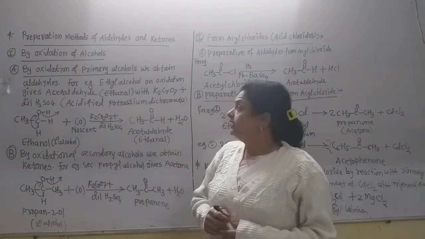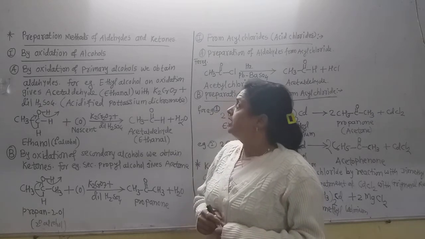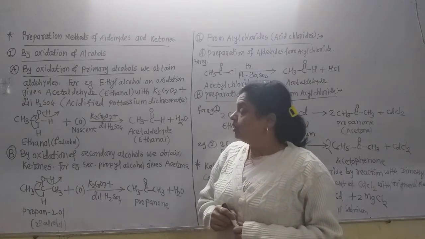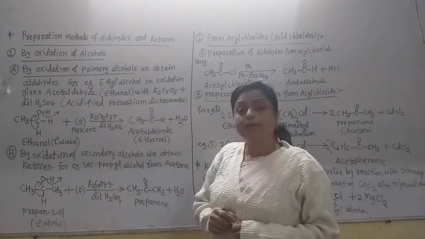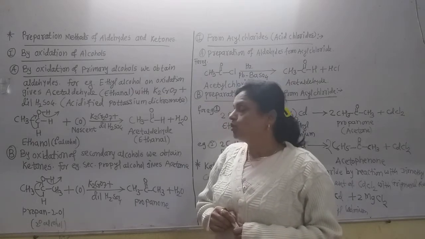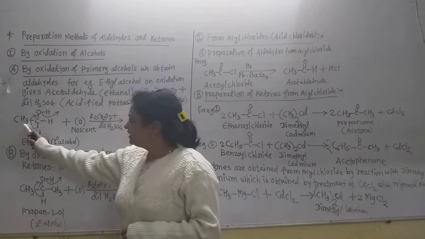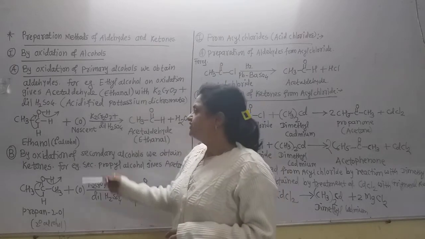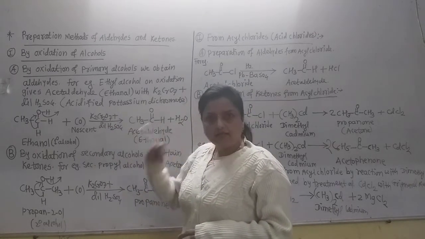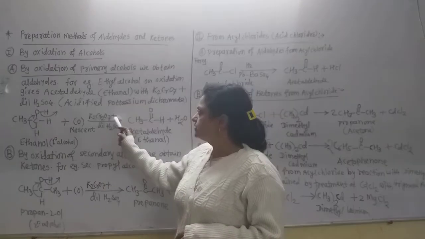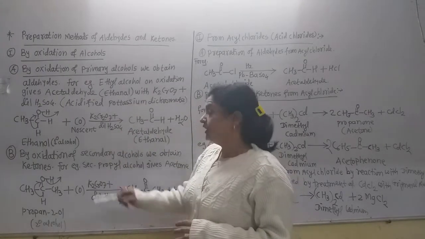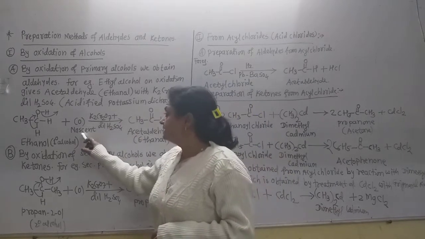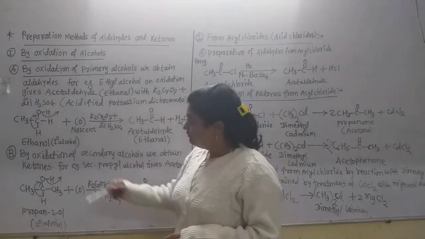Now that method is here. That is the preparation of aldehydes and ketones by oxidation of alcohols. First, oxidation of a primary alcohol. Suppose ethyl alcohol, ethanol, CH3CH2OH. This is ethanol, a primary alcohol. On oxidation with acidified potassium dichromate, K2Cr2O7 plus dilute H2SO4, when we react these two reagents, there is formation of nascent oxygen, atomic oxygen, which is responsible for